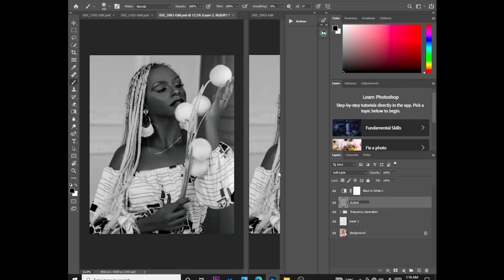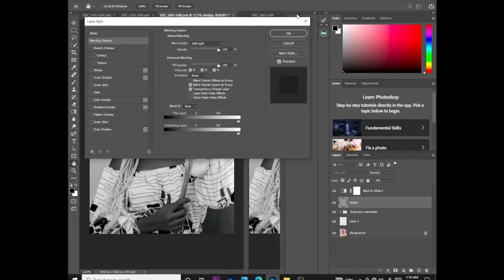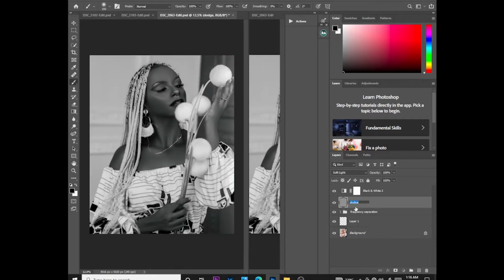Let me rename this to dodge and burn. Then if I select my brush, I reduce the flow to maybe 1%,